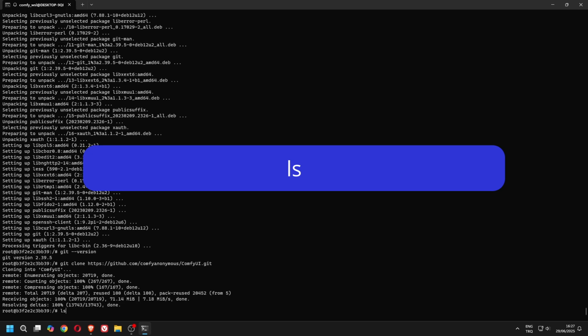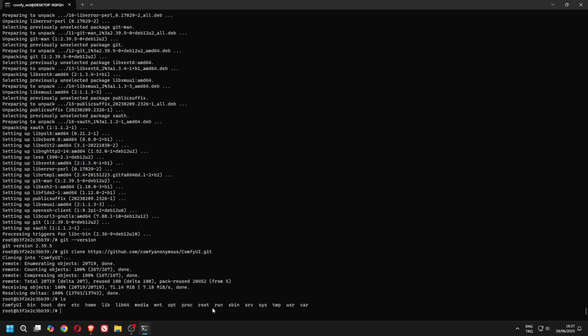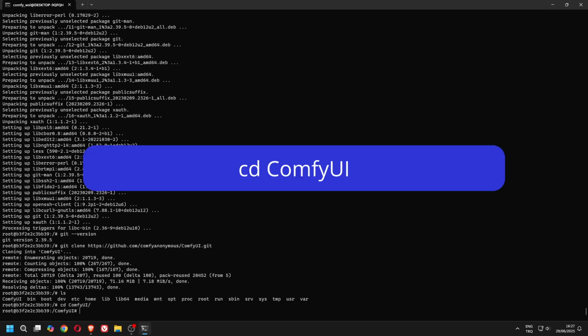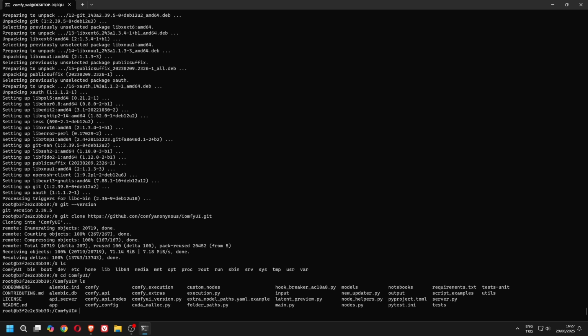Use the ls command to list files and directories. Enter the ComfyUI directory with this command. Use ls again. You should see a file called requirements.txt.